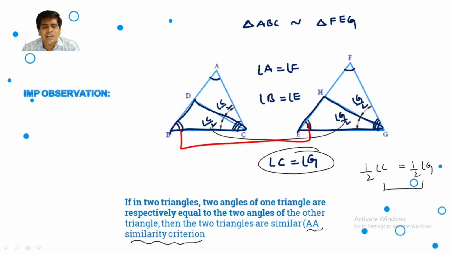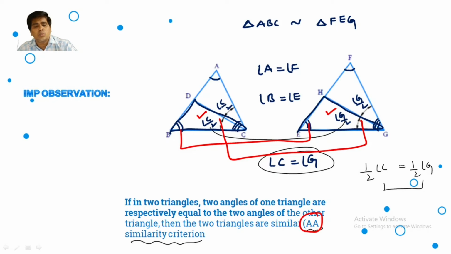Just now we have discussed angle C by 2 and angle Z by 2. Already those two angles are equal. So clearly these two triangles are similar. This triangle is similar to this triangle by angle criteria. Their corresponding angles are equal. So two angles of this triangle are equal to two angles of another triangle. Clearly, by angle criteria we can say that these two triangles are similar.